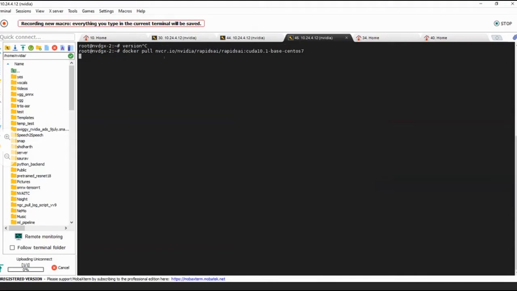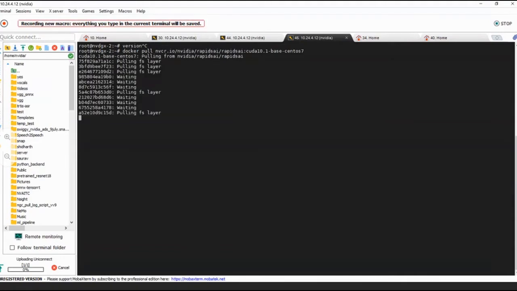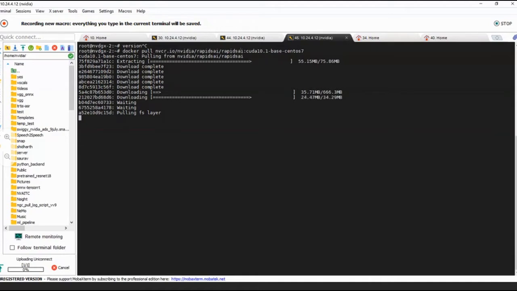So once I issue this command, it is going to go and pull all the necessary packages which are related to Rapids. That will include your CUDA toolkit, Pandas, cuDF, cuML, cuGraph, so on and so forth. It is going to basically download all of those neighboring packages as well, right?